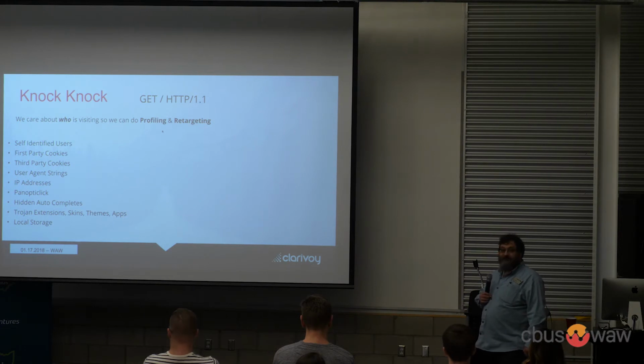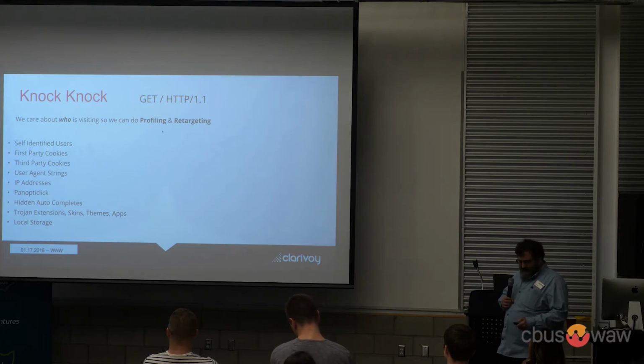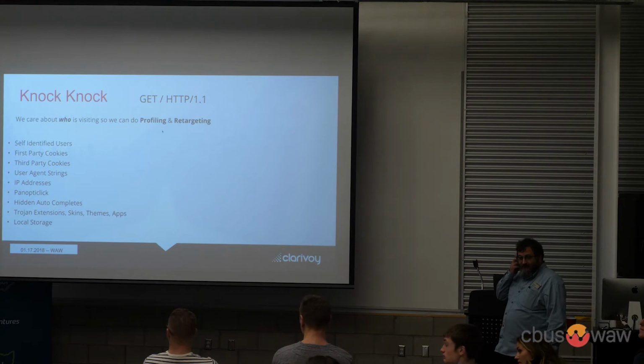Google is really good at this. Gmail, Docs, Slides like we're using now. All these apps, Google's identifying you and tying you across all your devices and figuring out who you are. They're really good at giving you free apps, and they're not really giving you free apps. They're tricking you into telling them who you are. And local storage is a way to just store things on the end user's computer and then retrieve them. So you can store whatever you want, basically, and if the user isn't paying attention, you can snag that from them. Are hidden autocompletes illegal?